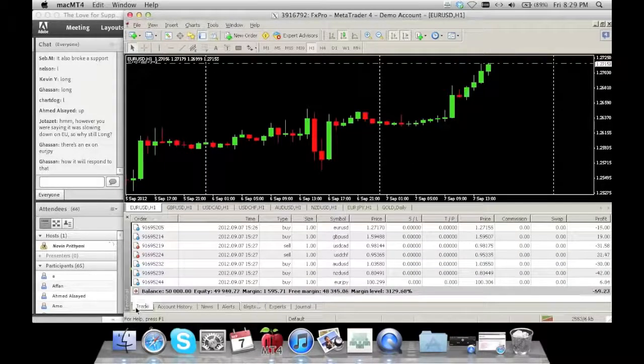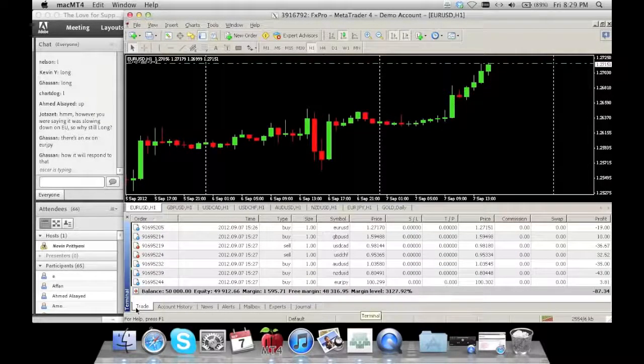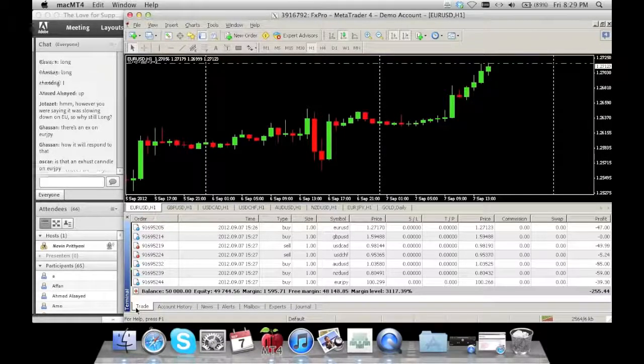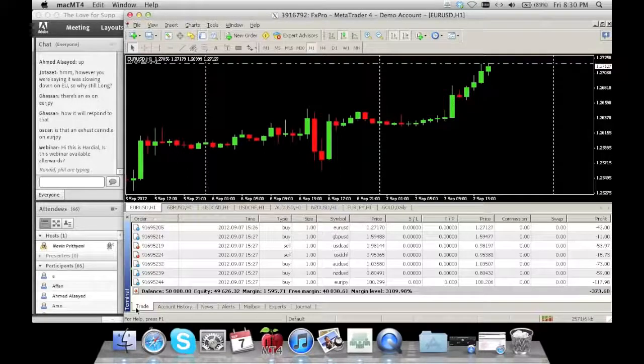Possible. But based on analysis, this is what we've done, and we're currently watching it. So currently I'm running at what, 11, 16 pips negative, and then we just wait and see how the analysis plays out in terms of pending pairs. Remember we're only using 3 pairs to do the analysis. All the other pairs, all the conditions have already been met. So this is a risky analysis. That's why I do not recommend anyone taking this trade, but we can watch it and see how we come to a conclusion that we don't need to turn on the news, but we just have an idea what the NFP wants to do.